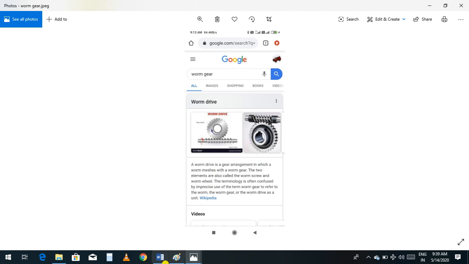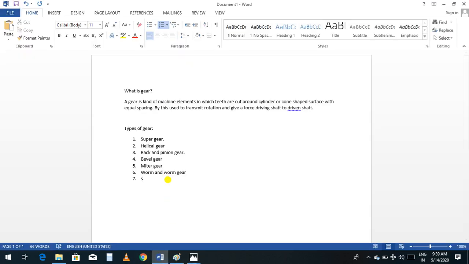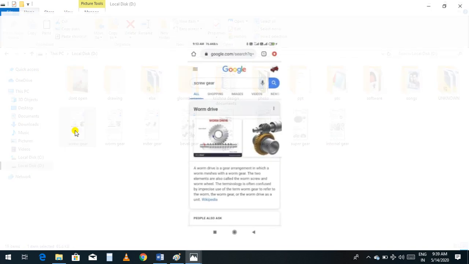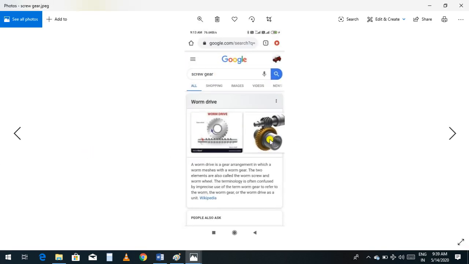Next we have a screw gear. A screw gear is almost similar to this worm gear. A worm drive is a gear arrangement in which a worm meshes with a worm gear.